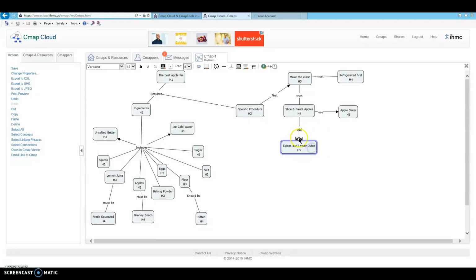An example is apple pie spice as opposed to individual spice I can just buy and prepared apple spice. Examples don't create a new H level, so I don't need an H level there. Back to the procedure of making apple pie. After the spice and lemon juice, then I want to fill the crust. Fill the crust and